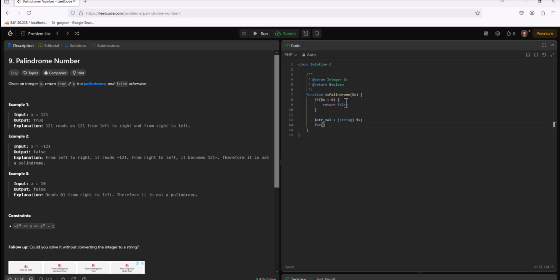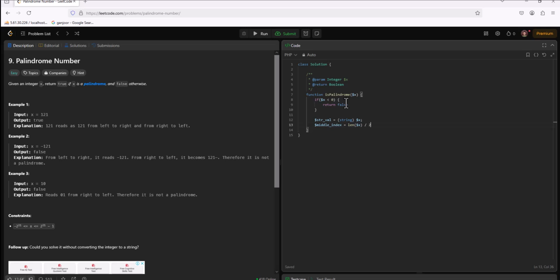So how can we find it? I think the middle index would be the length of x divided by 2. For example, if we divide 5 by 2, it would be 2, and it's